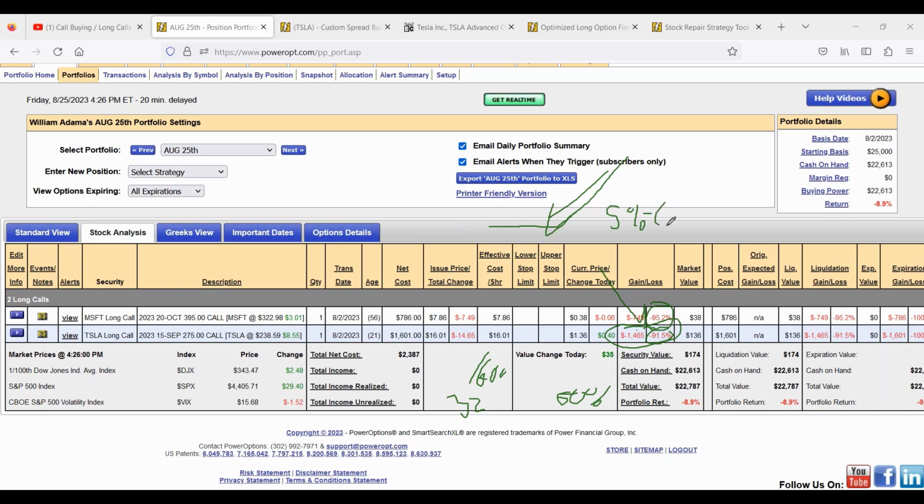And with a 5 to 6% loss, that means I only need a 5.3 to 6.4% gain on my next trade to get back to break even. Whereas if I have a 95% loss, I need almost a 240, 250% gain on what I have remaining. No, I'm sorry, it's closer to 1,250% gain on what I have remaining just to get back to break even. All right, so